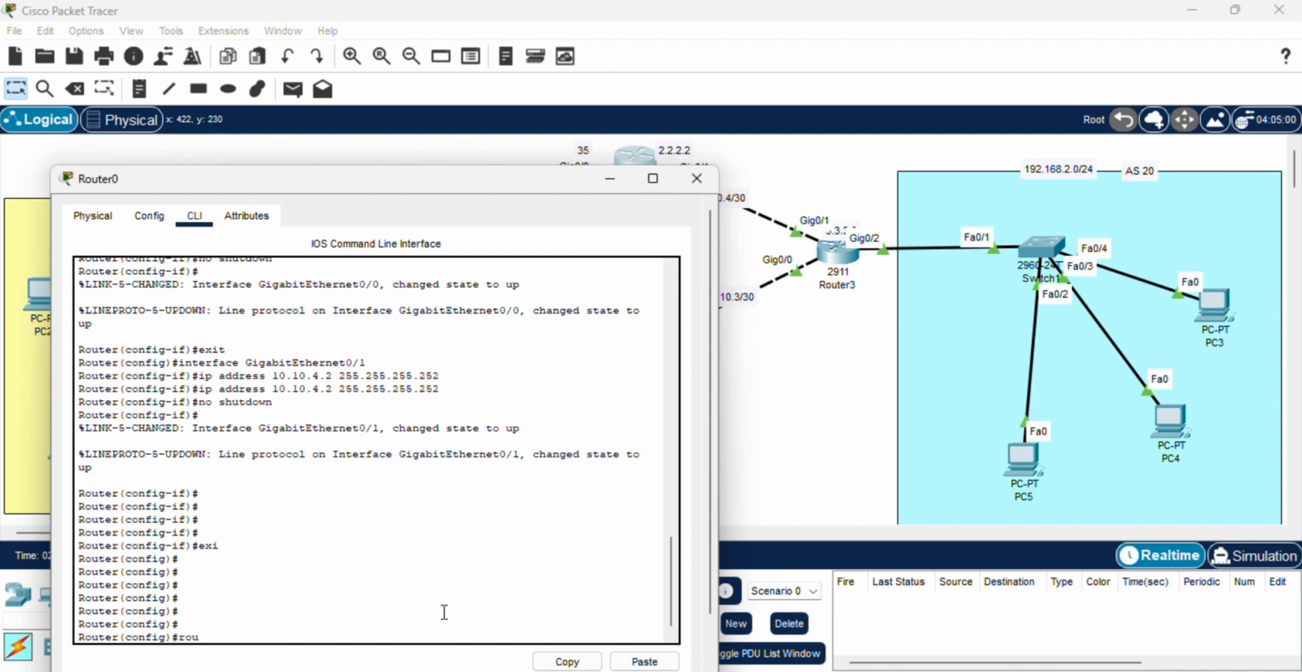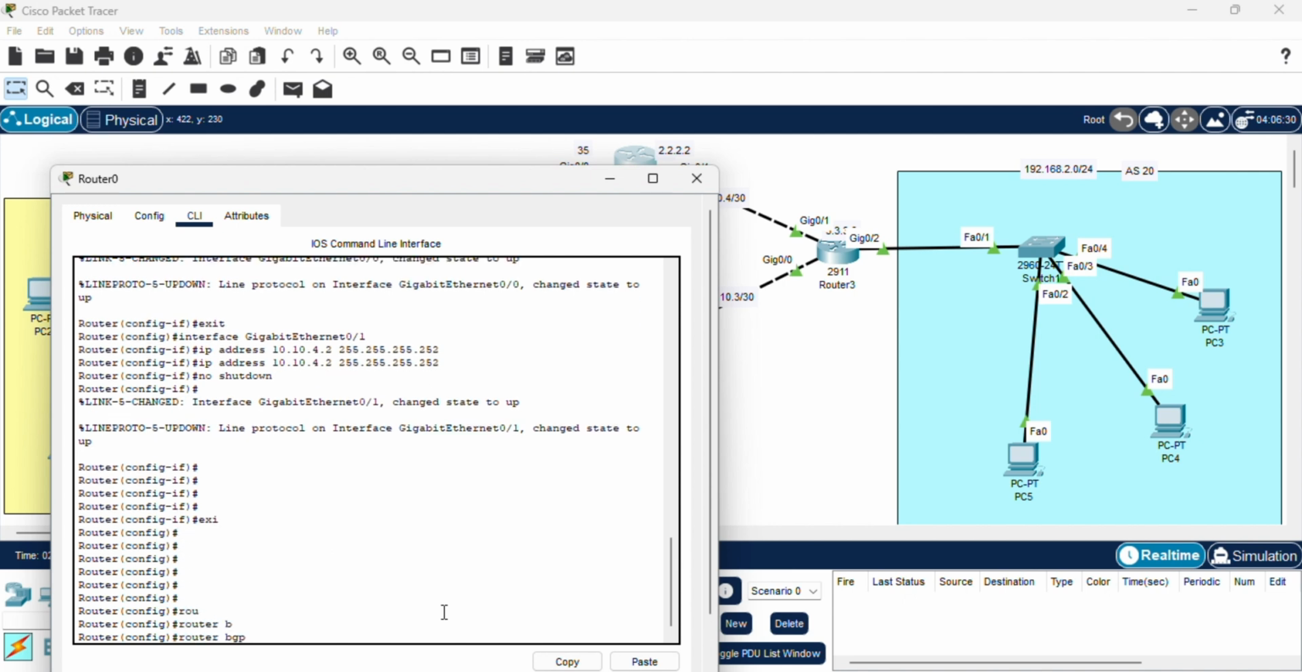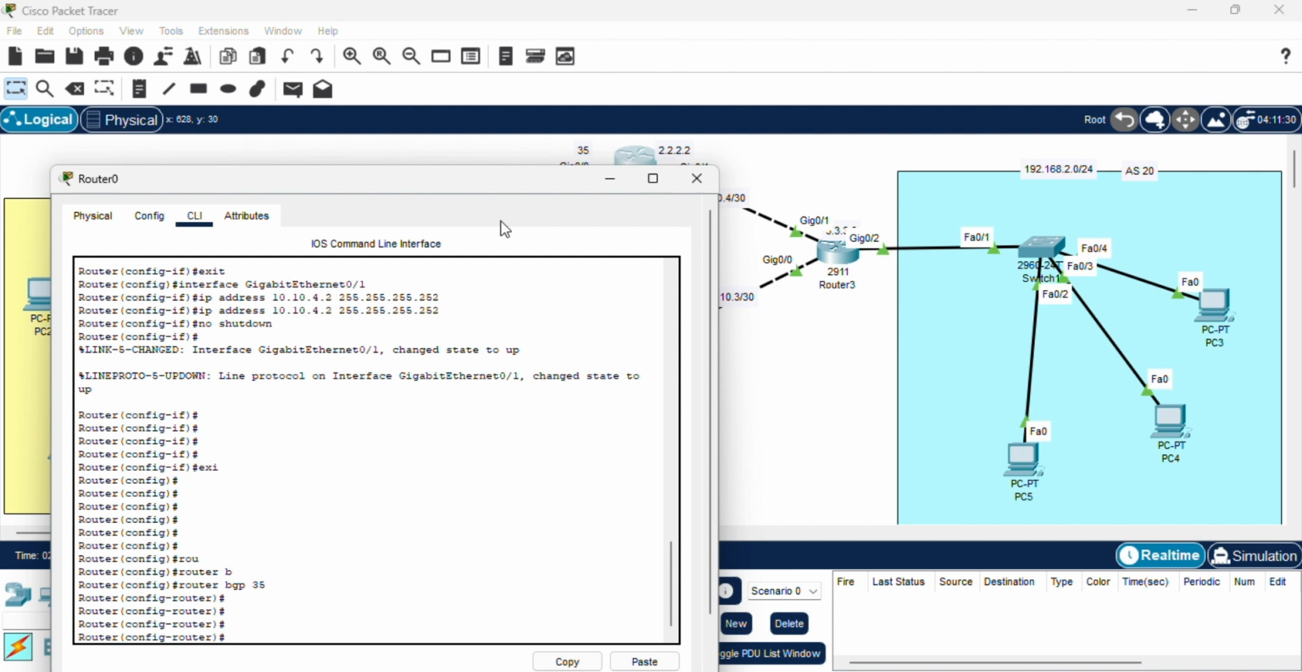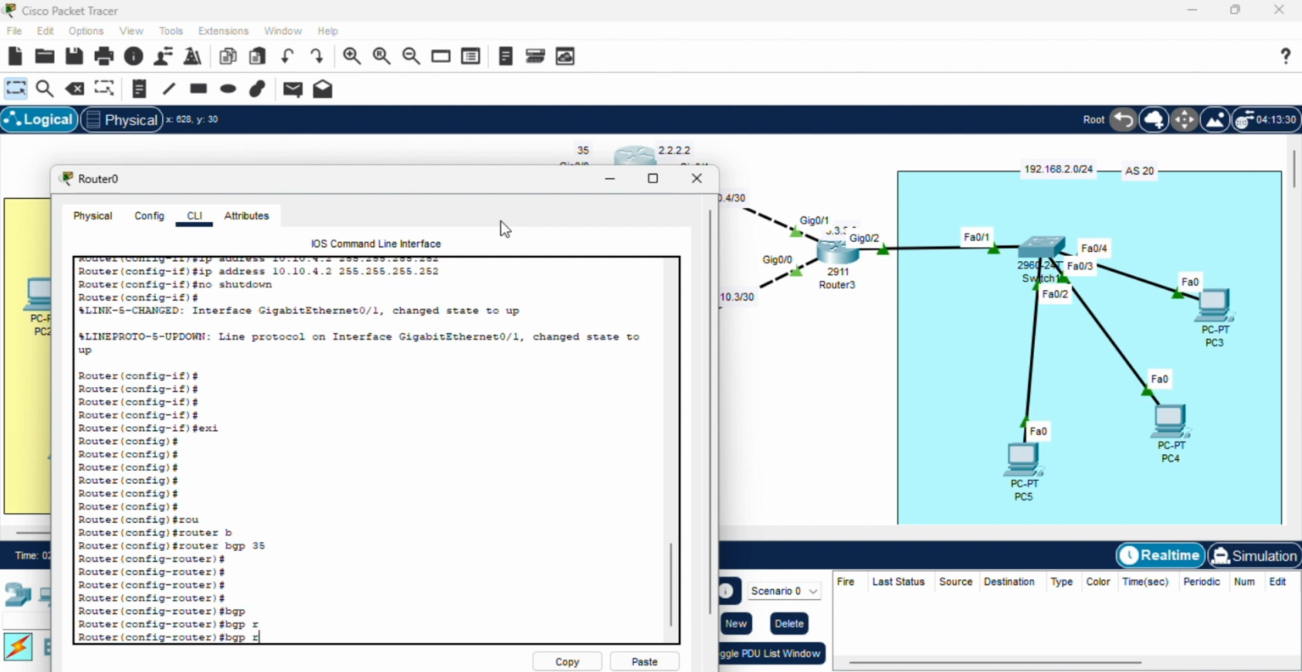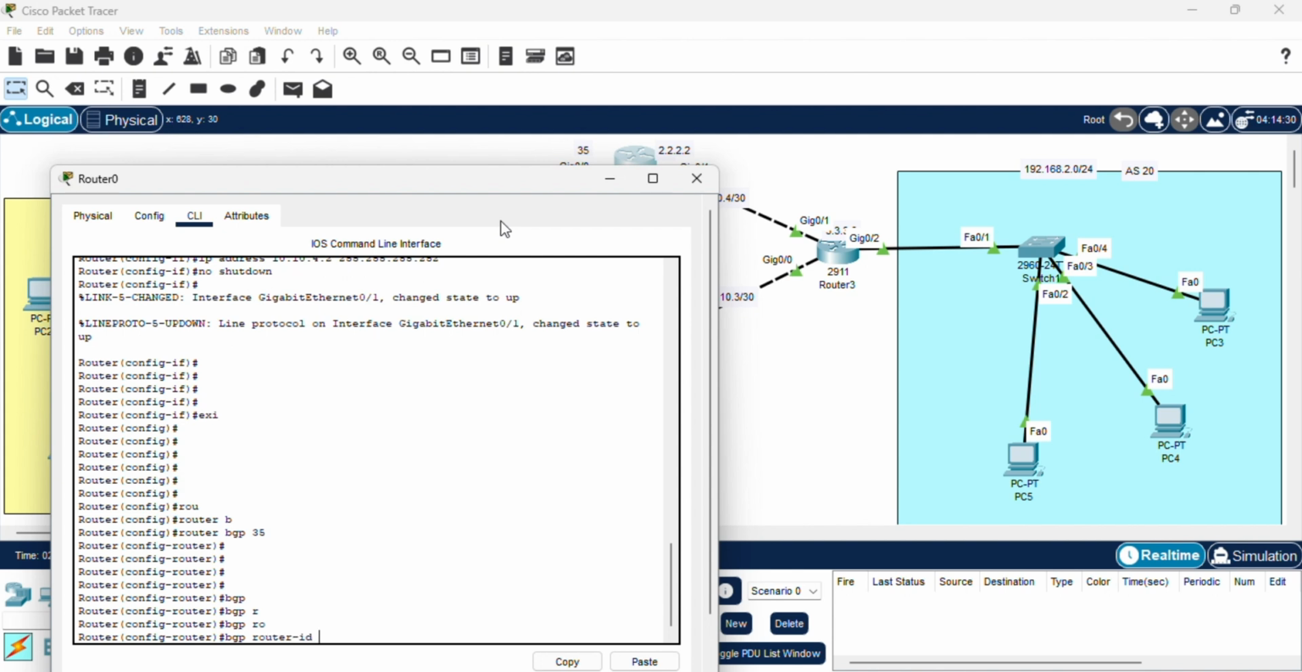We choose our routing protocol, which is BGP. Our autonomous system number is 35. Always remember 35. Now, your BGP router ID is